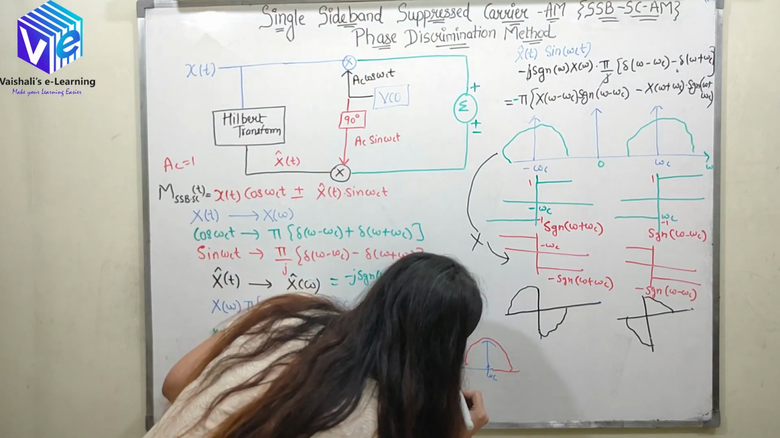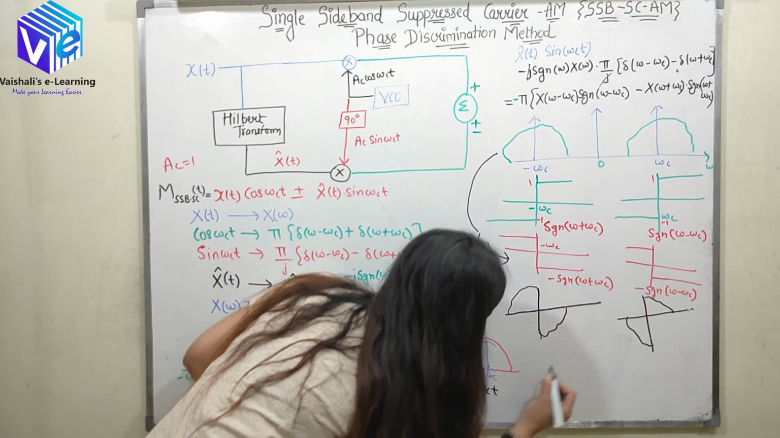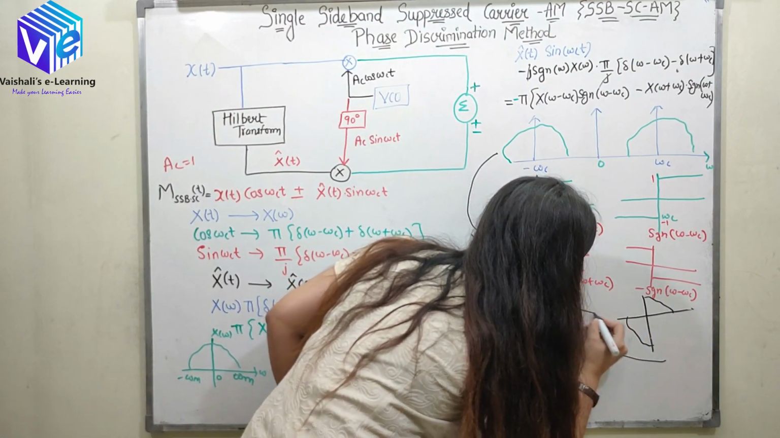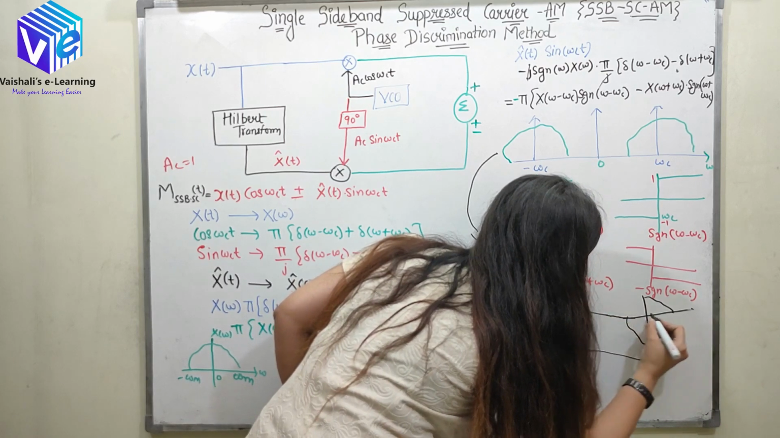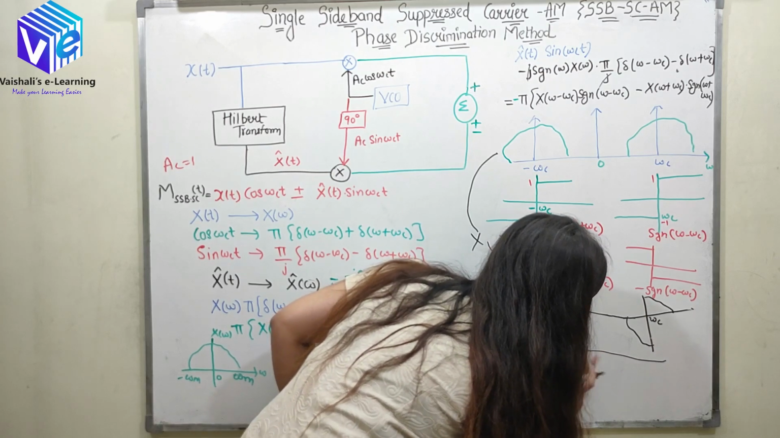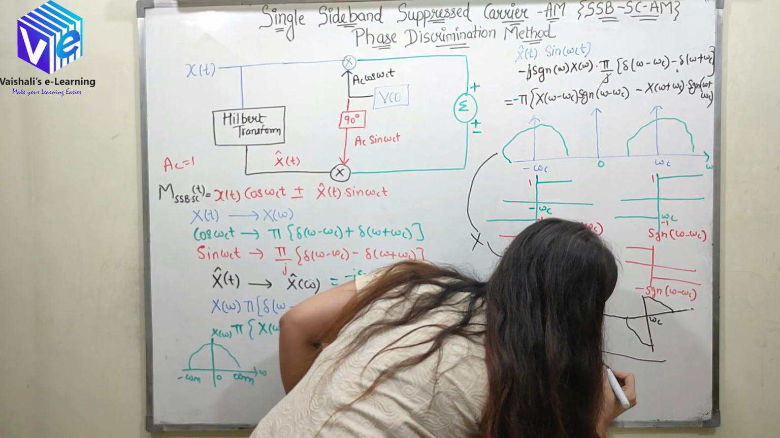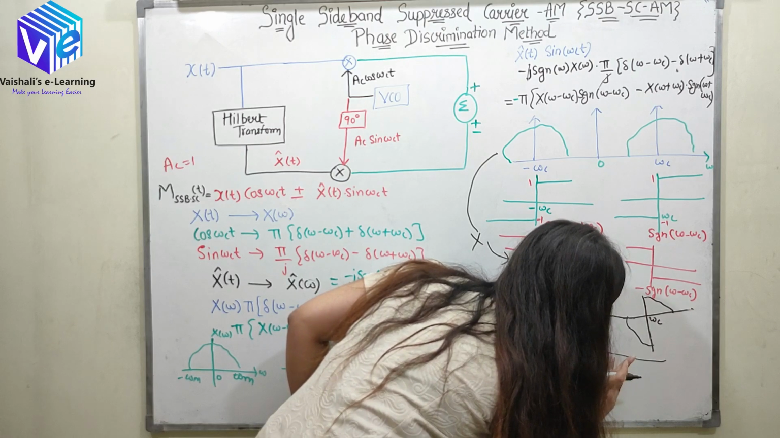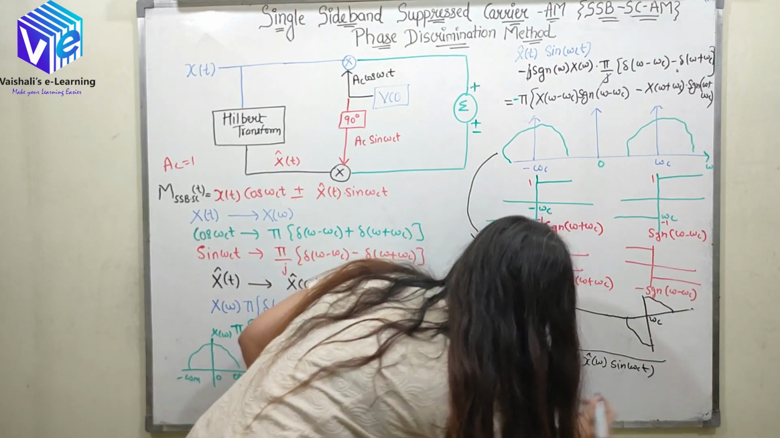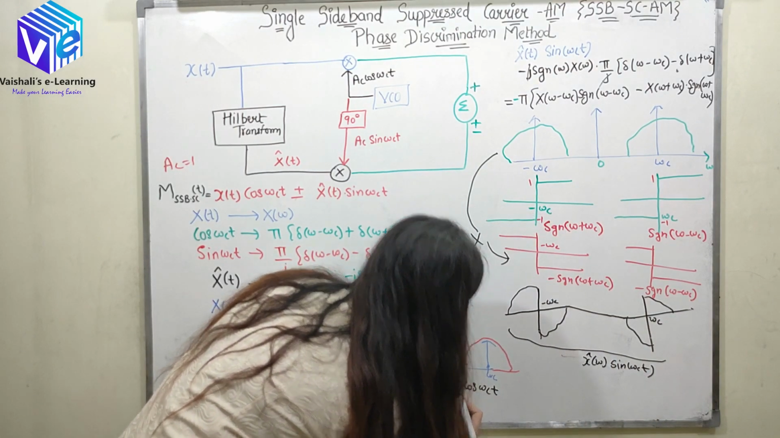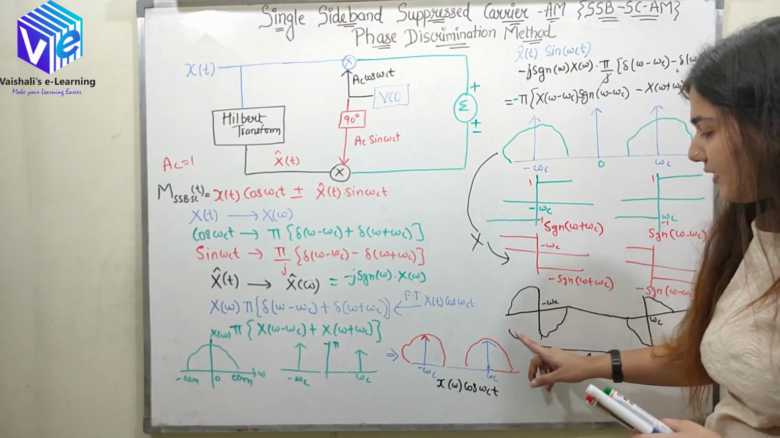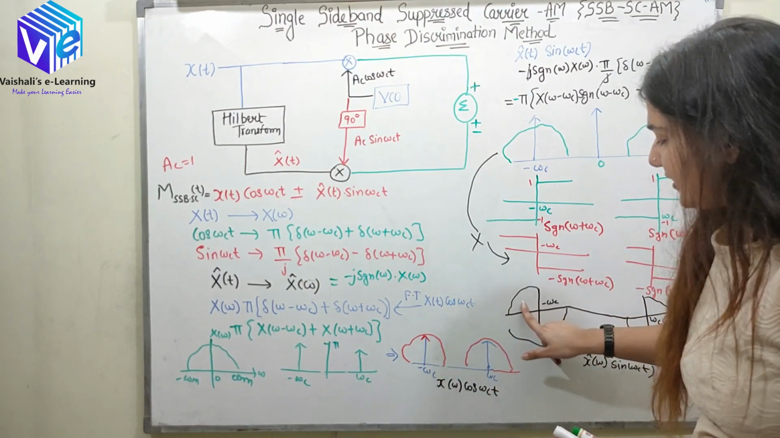So this is x(t) cos omega c t. This is minus omega c, and I'll join it. This is omega c, and this represents my x cap of omega, sine of omega c t. Similarly, this is X of omega cos of omega c t. So now if I add them, what will happen? This plus this, I'll get,